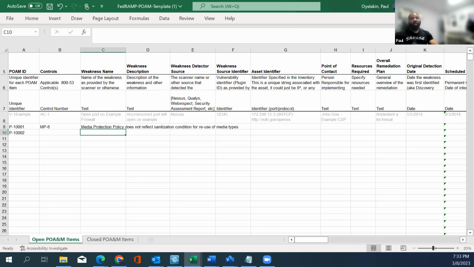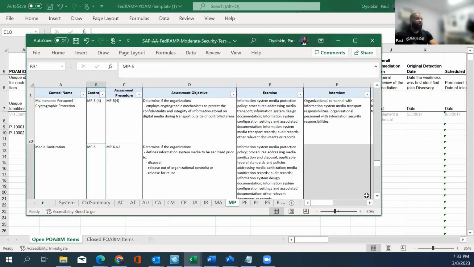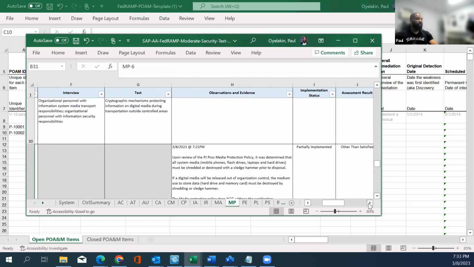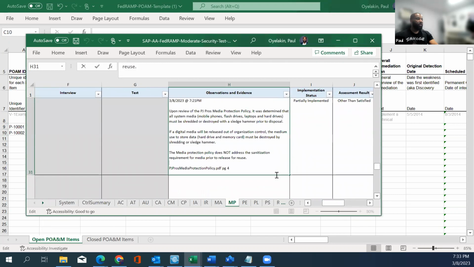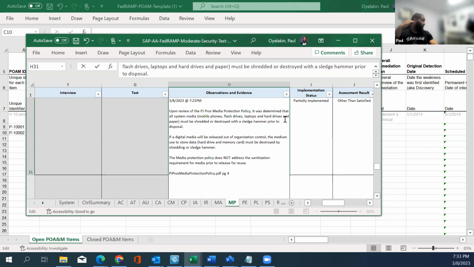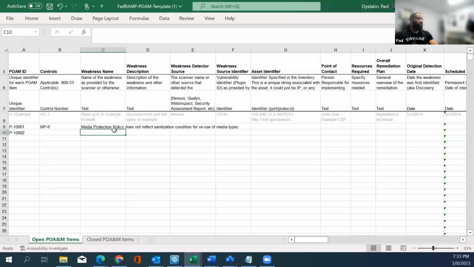Oh, and by the way, I think I messed up here because I didn't address paper. I addressed paper. No, I didn't. Okay, so I need to talk about paper. And, well, I think people understand you can't sledgehammer paper, you can just shred it. But, yeah. All right, so